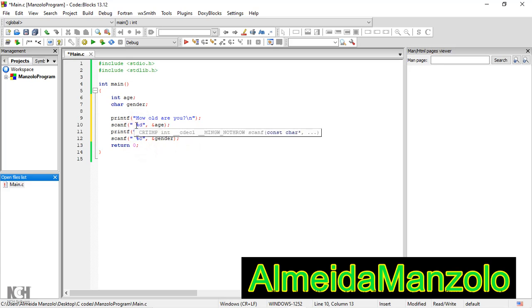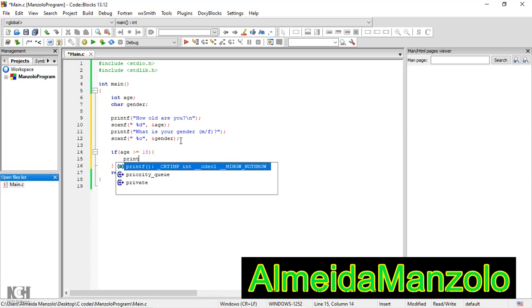Basically this is to avoid your compiler being confused. Sometimes the compiler may not be working smart, and if you don't use that space you're going to skip some of the functions. So let's get into the if function and start nesting. Whatever you want in the if: if age is greater than or equal to 18, you're going to print a function and say